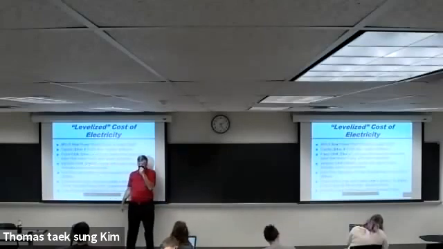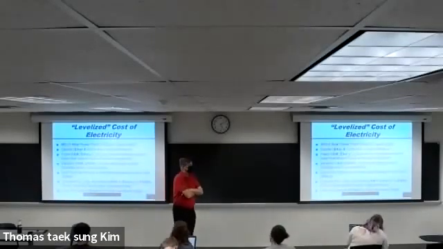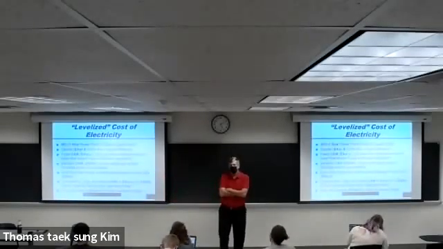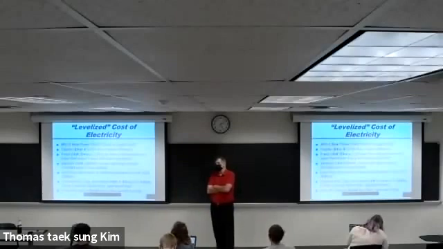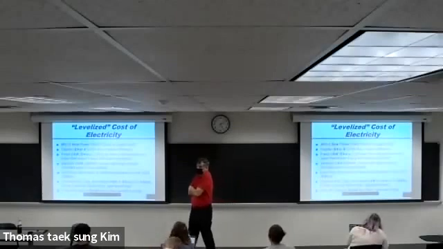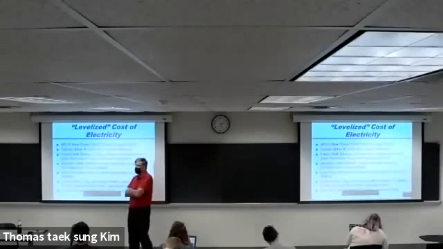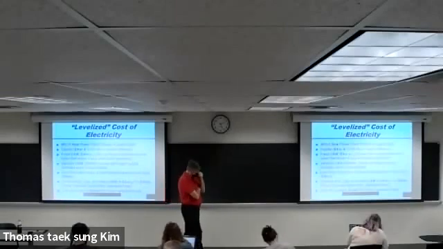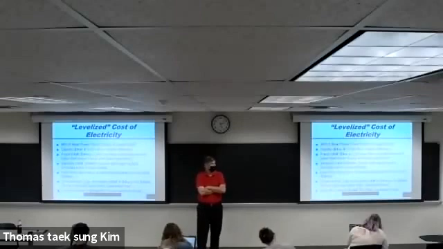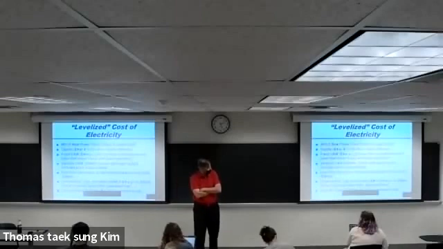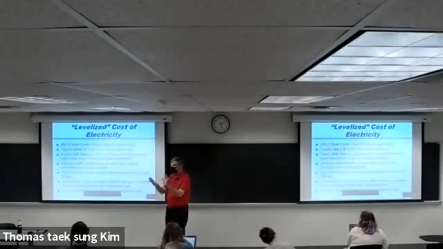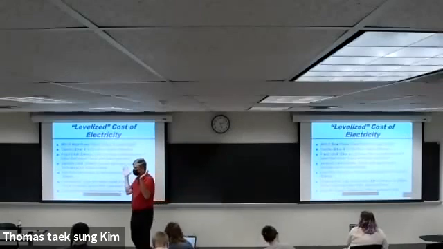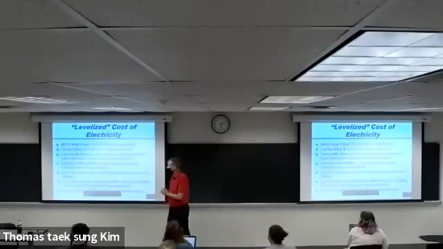Then there's variable O&M, okay? Variable O&M is operating and maintenance costs that vary with how much the plant is operating. So think of that as, you have a coal plant, and a coal plant has a scrubber. We'll talk more about that in the air pollution lecture. Actually, the air pollution lecture will be the air pollution video. You'll get to see me without a mask video.